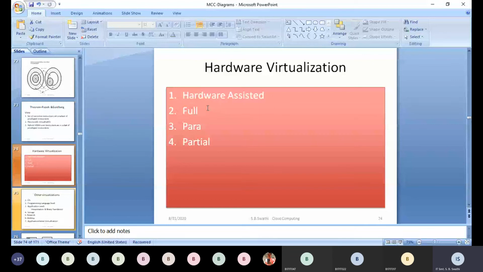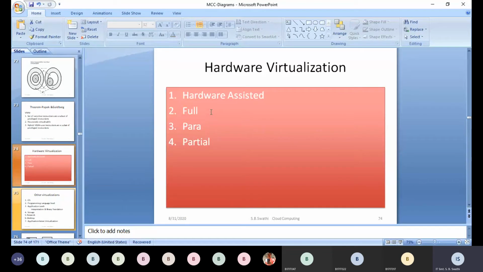The second one, we have the full virtualization. Full virtualization supports the type 1 hypervisors. Type 1 hypervisors directly interact, that is the VMM will directly interact with the hardware. They don't take any mediator. Like in type 2, the VMM has to access the hardware resources using the OS. The OS will be in between the VMM and hardware. Whereas in full virtualization, the VMM will directly interact with the hardware and ask for the resources, whatever it wants, directly from the hardware.